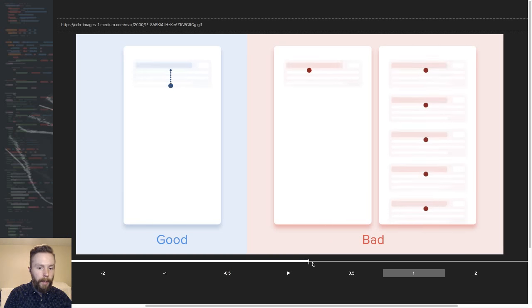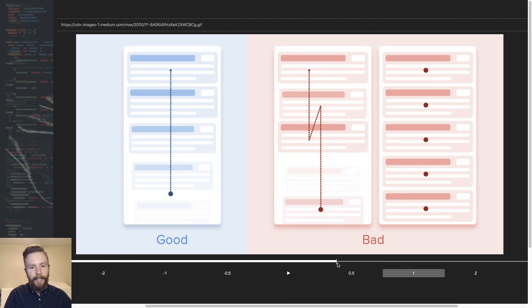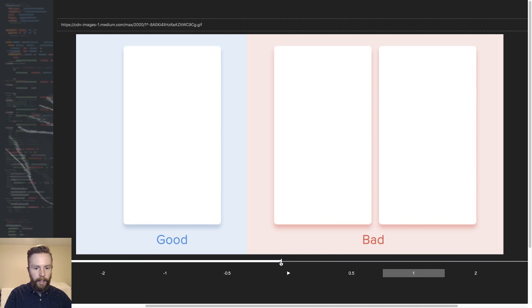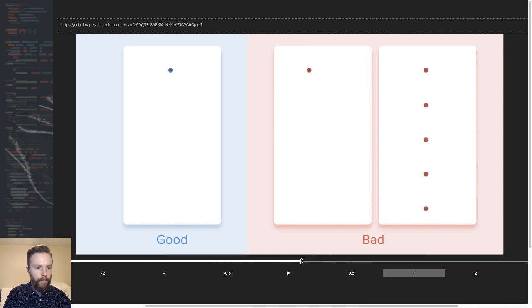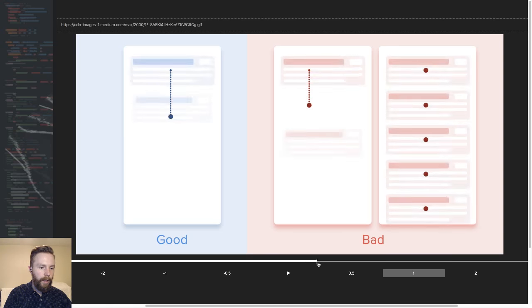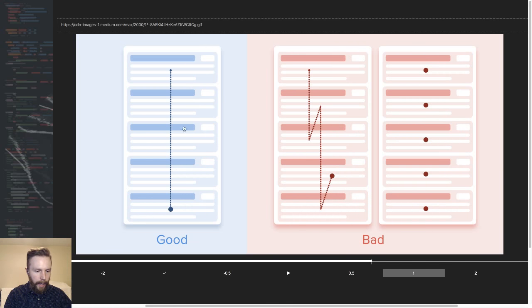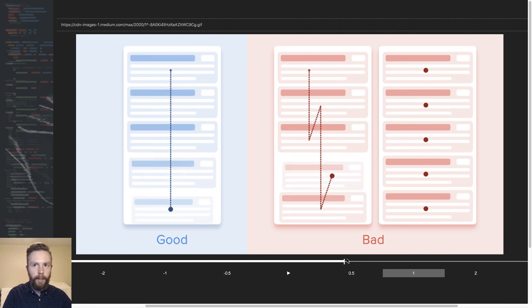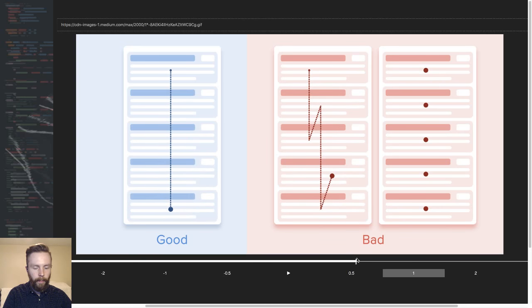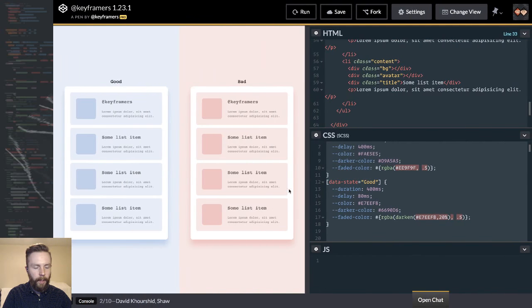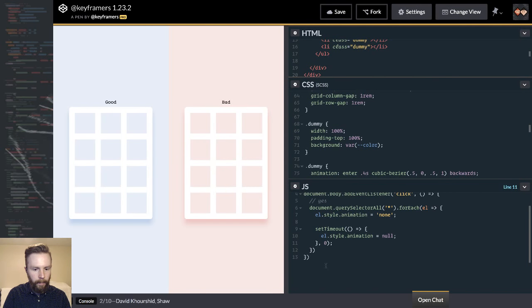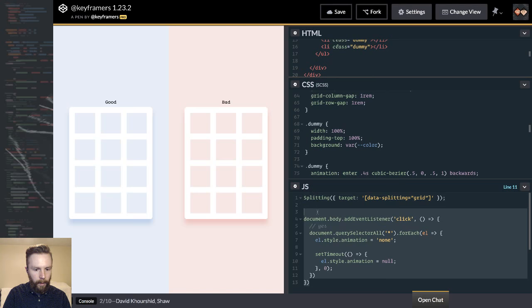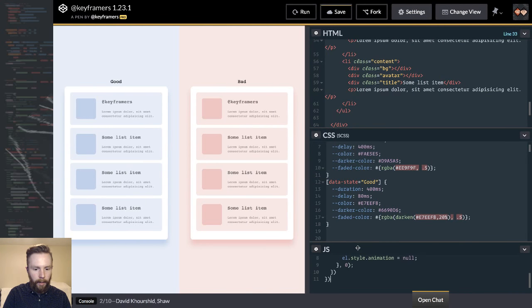With them all coming in at the same time over here, that's a little awkward too, because your eye isn't quite sure where to focus. The good example over here showcases how you kind of lead the user's eye down the list. So they get a sense of the order of everything and can follow along easily. It gives a little bit of hierarchy too. Let's copy David's nice little animation replay,